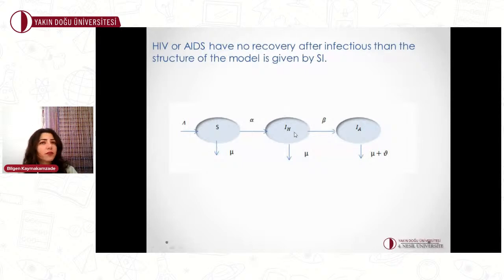Or if they don't take treatment, or if the viral load is too high in the body, they can leave the HIV class and go to the AIDS class. After coming to the AIDS class, the only way out of the AIDS class is, unfortunately, death. So the person can die because of AIDS and be removed from that class,